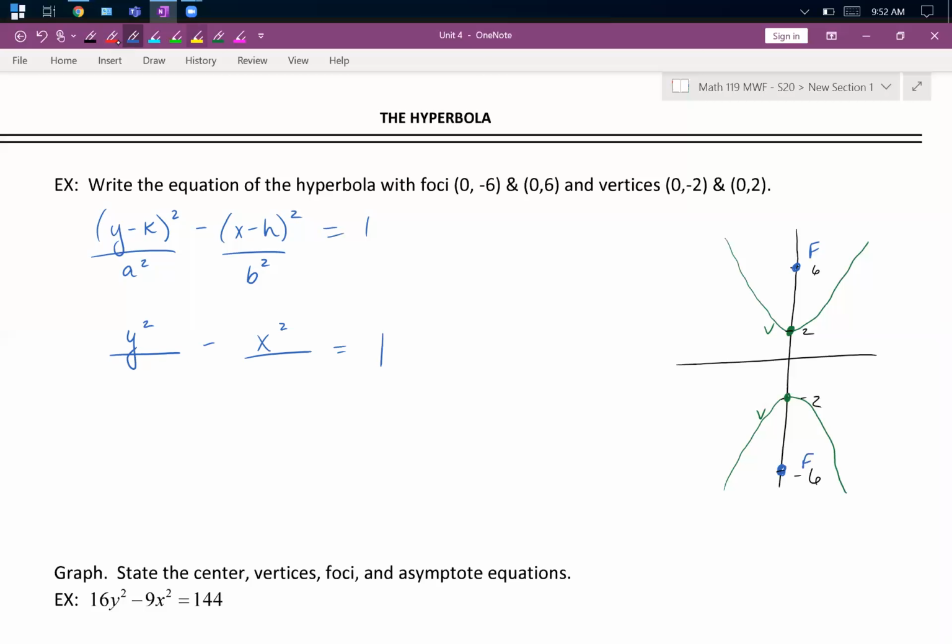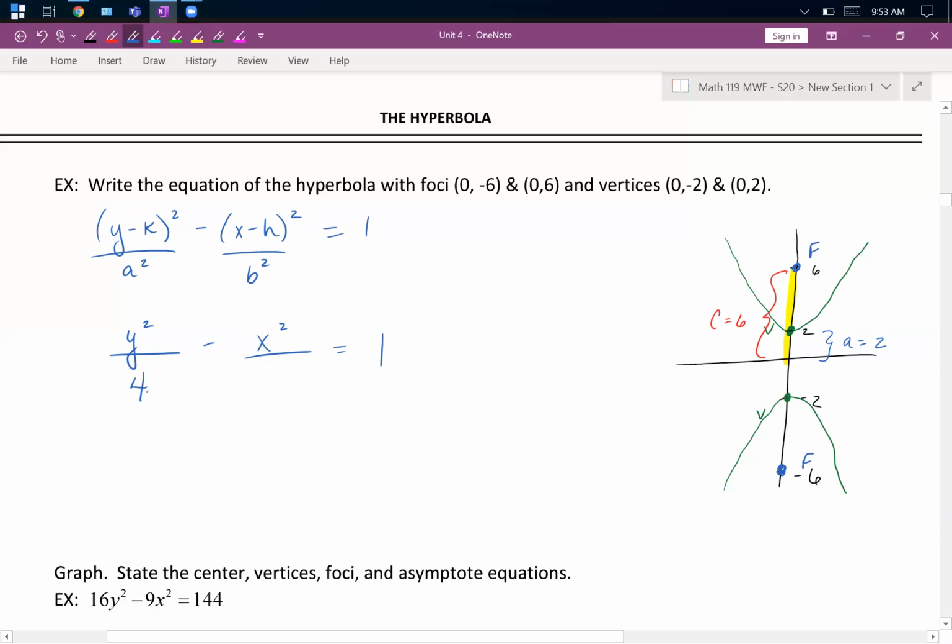Our foci are c units away from our center, so we see that our c value is 6. And we know that our vertices are a units away from the center. So we know that a is equal to 2. So I can go ahead and put my 2 squared underneath the y